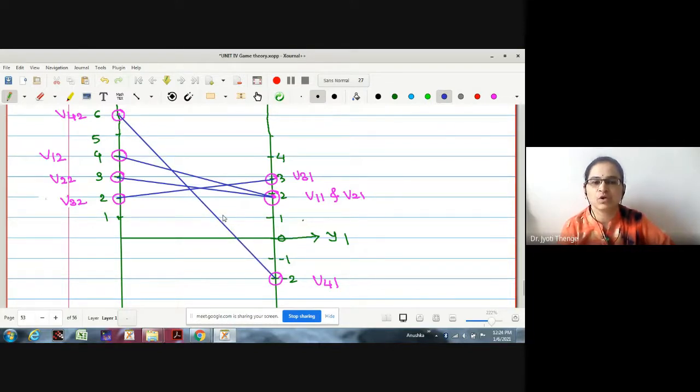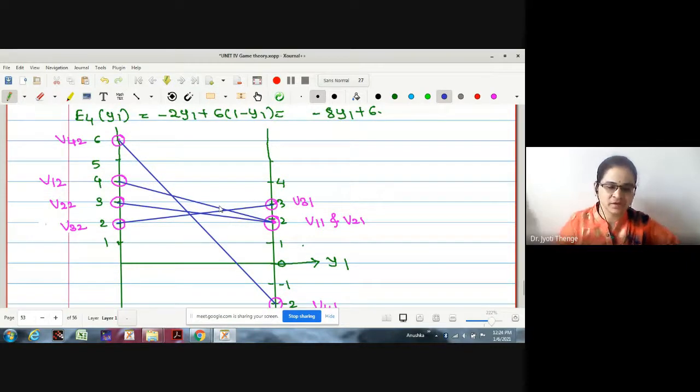Is it okay? All the expectation lines we have joined. Now, which boundary? In the first case, we took the lowest boundary, but in this case we are going to take an upper boundary. What is an upper boundary? This red line I am showing you is the upper boundary. What does the upper boundary give us? The upper boundary gives us the maximum expected losses.